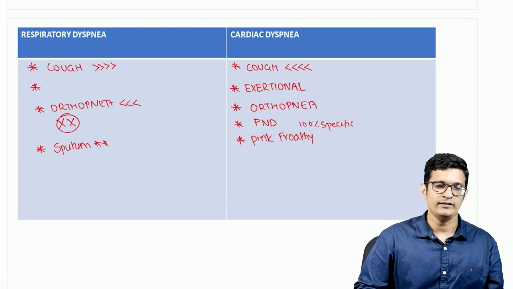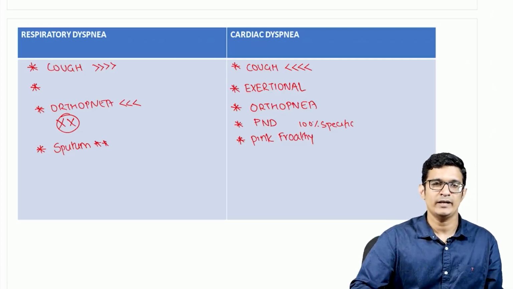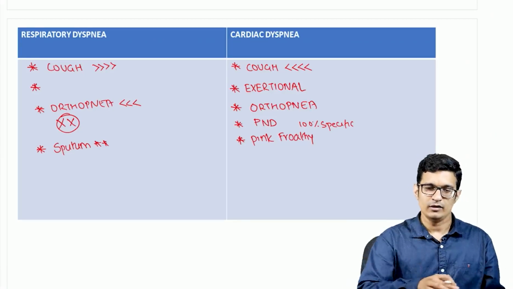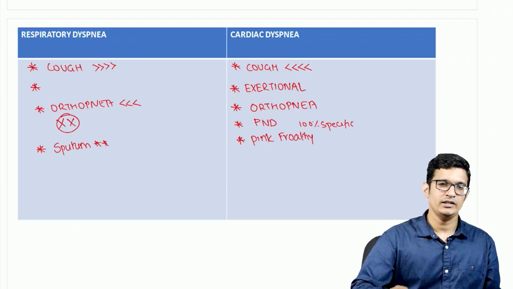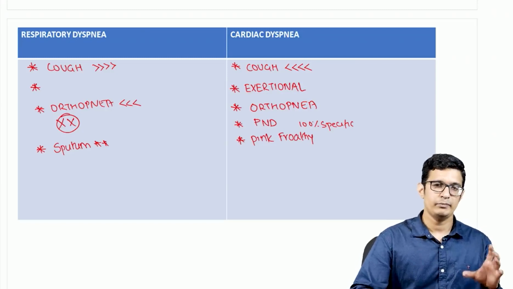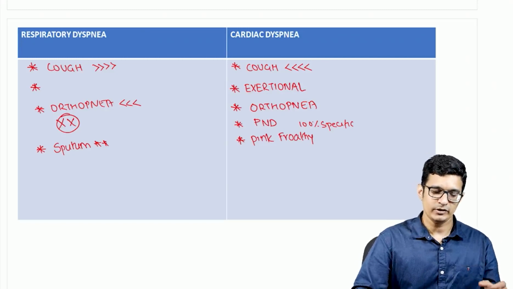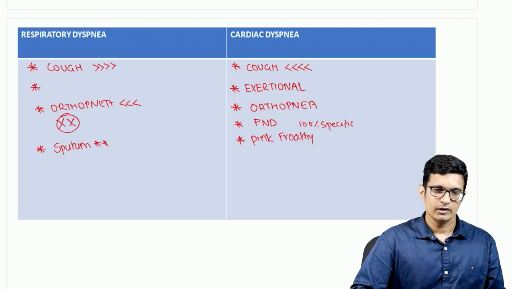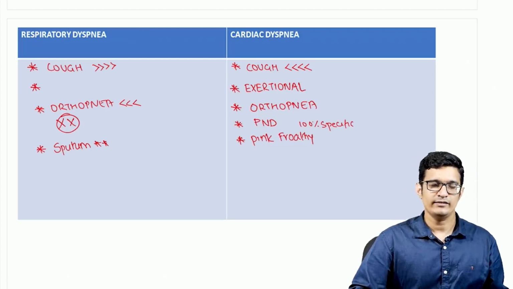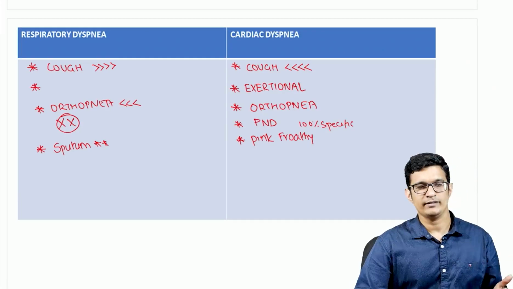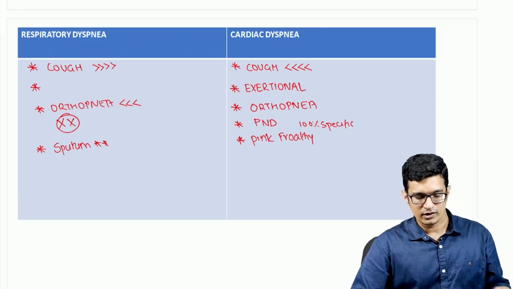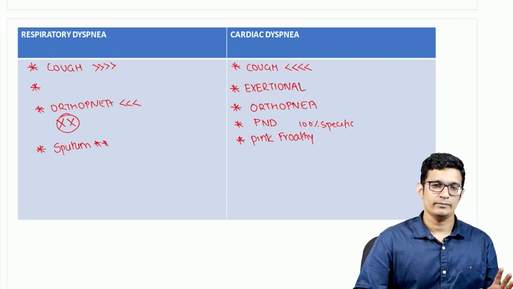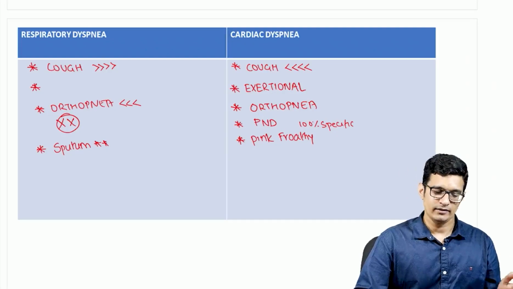And when the severity of pulmonary edema increases, there will be some amount of blood in the exudate that is coming into the alveoli, and this blood along with surfactant and the secretions will ultimately give it a pink frothy appearance. So pink frothy sputum expectoration is something that we see in severe heart failure or in pulmonary edema, but otherwise 99 out of 100 cases of respiratory symptoms are associated with sputum production, whereas in the majority of cardiac causes of breathlessness, sputum production is almost rare and not so common.